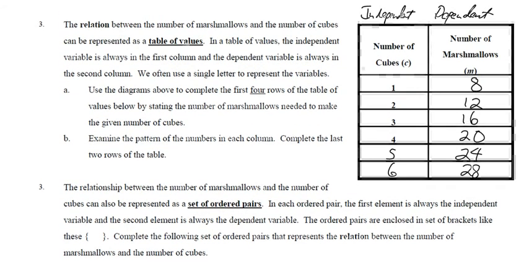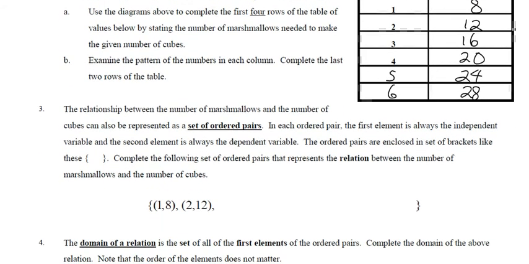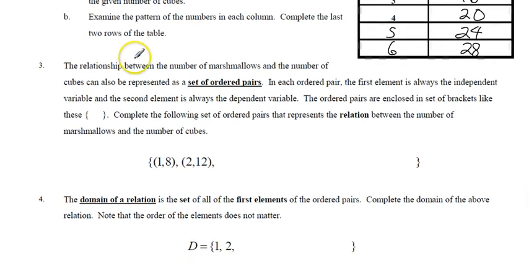So, table of values, one way of getting a relation. Another way is as a set of ordered pairs. In a set of ordered pairs, the first element is the independent and the second is the dependent. An ordered pair is enclosed in parentheses and a set is enclosed in brackets, or sometimes these are called brace brackets. So if we want to finish off, we have (3,16), and you put a comma in between the ordered pairs, (4,20),